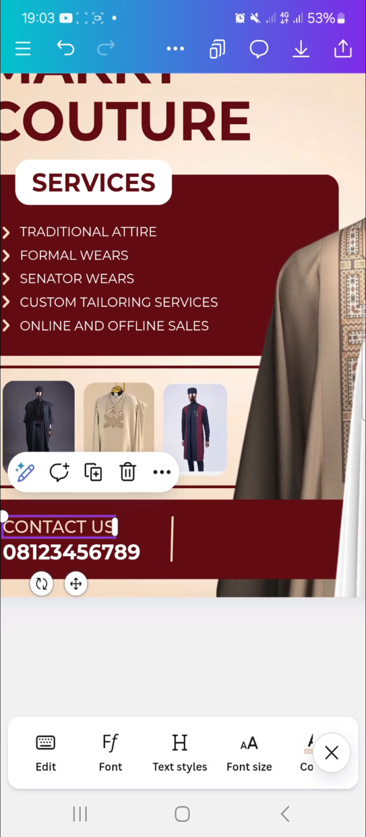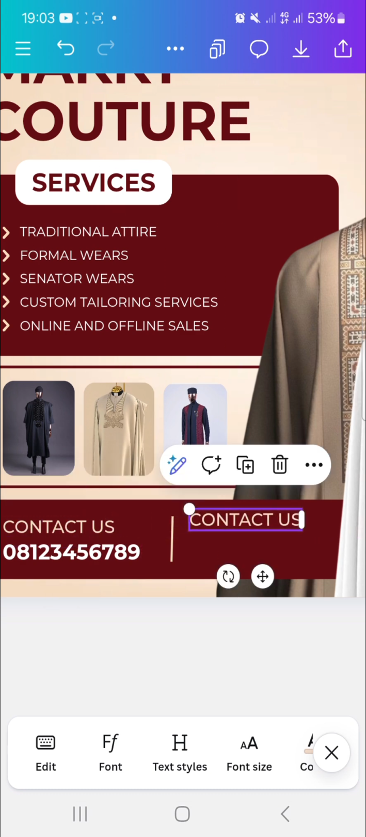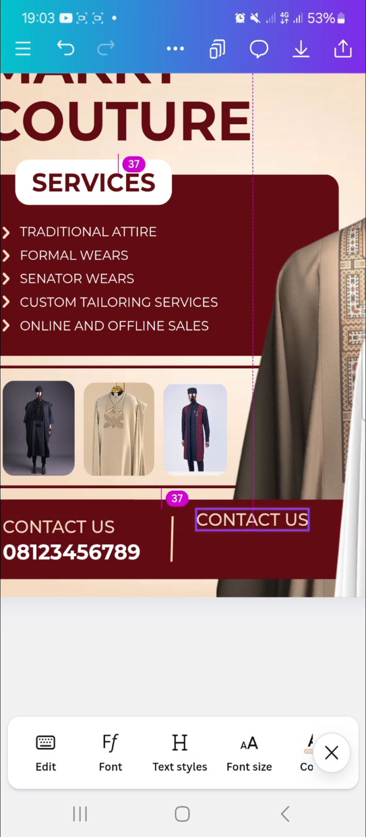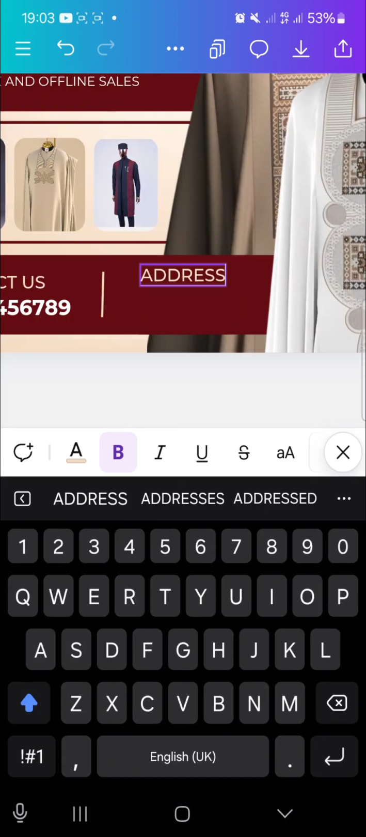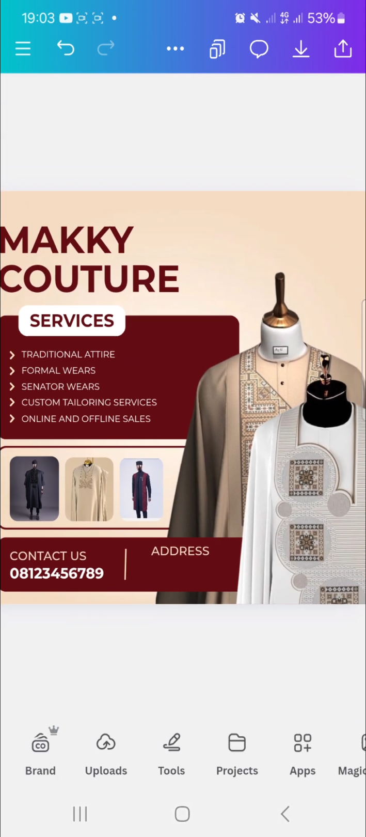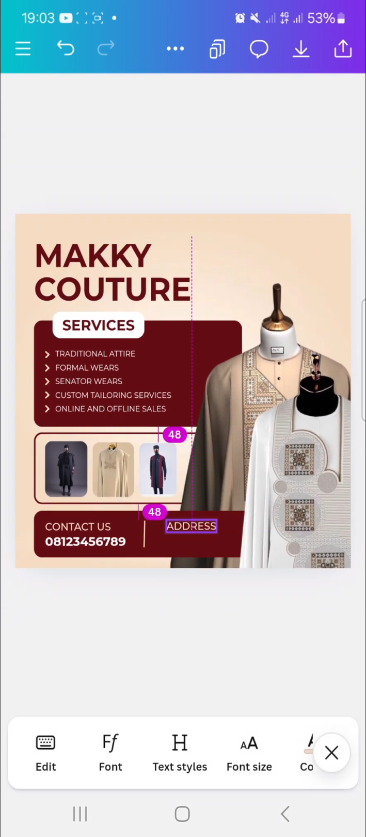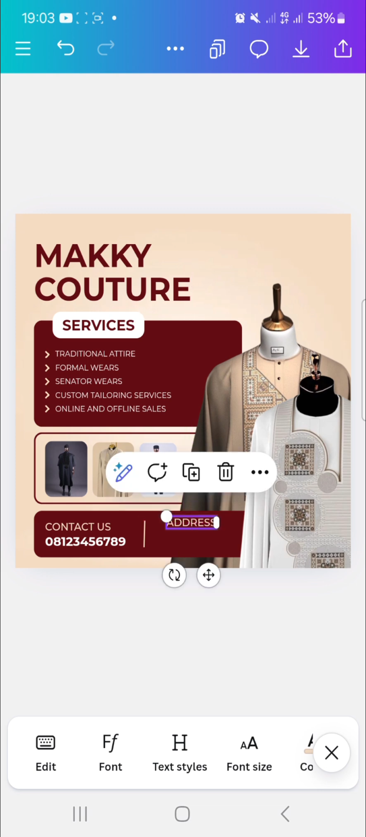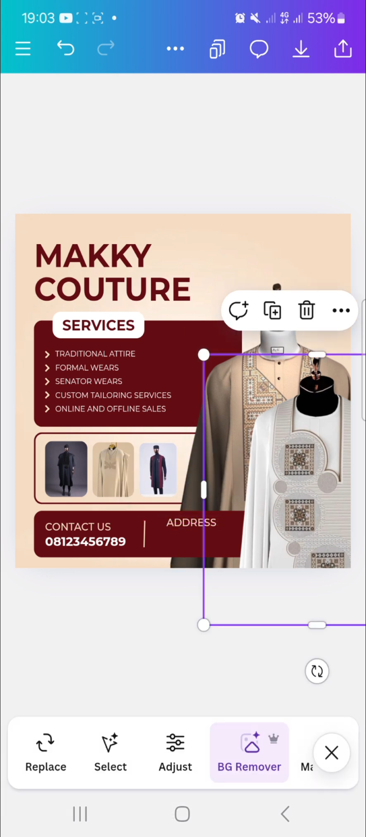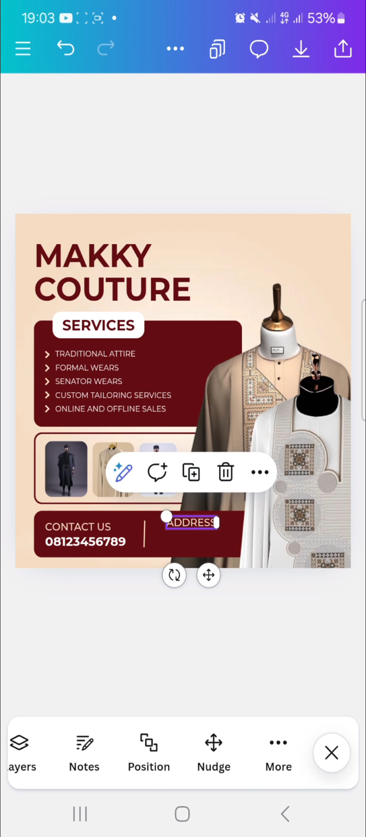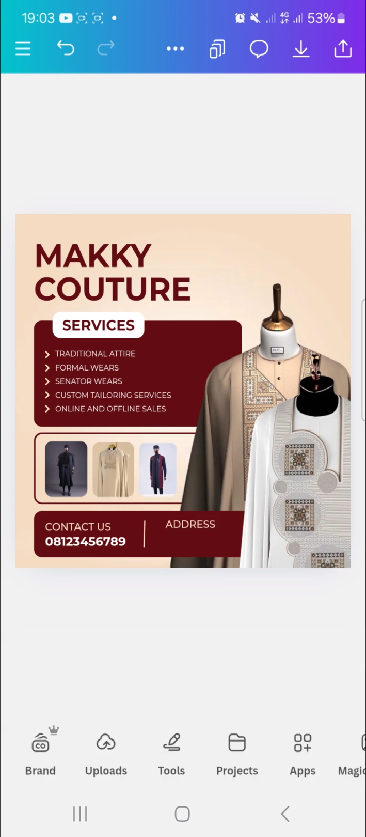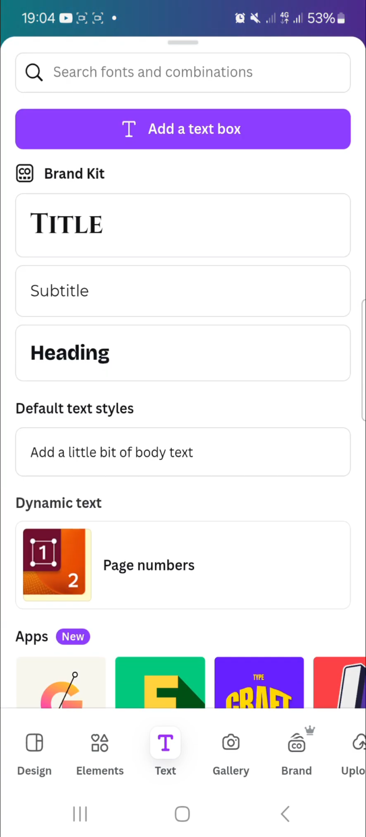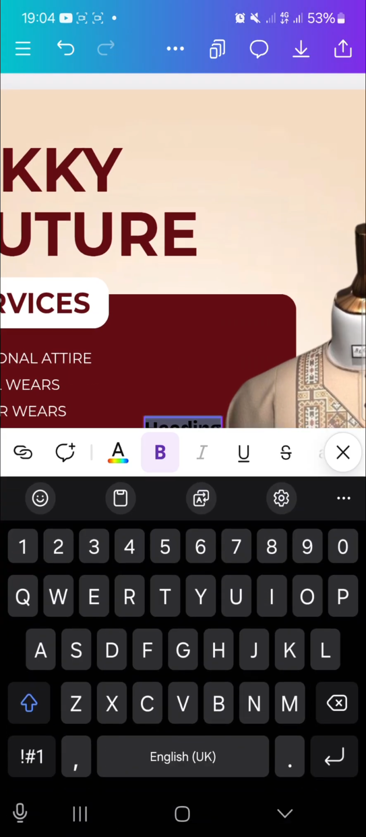To add our address, we can click on our contact, duplicate it, and position it here, and then we edit it and type in address. Let's use our notch and position it well. Then we are going to add in our address. So we click on text tool, and click on heading, and we'll type in